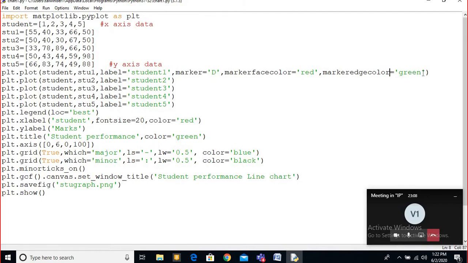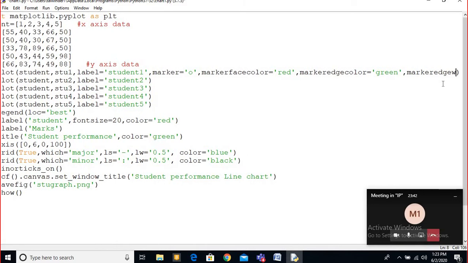marker width. Sir, are you looking at the question now? Yes, now keep the face color red, edge gray. That can be given if they tell you. Okay sir. But sometimes it can be given, or if it is a colorful figure. But the paper is black and white, so maybe in the instructions it is given that the marker face color is this and marker edge color is this. Okay. Yes, so in that way you can recognize that. Clear? Sir, we can change also. Yes, you can change it.